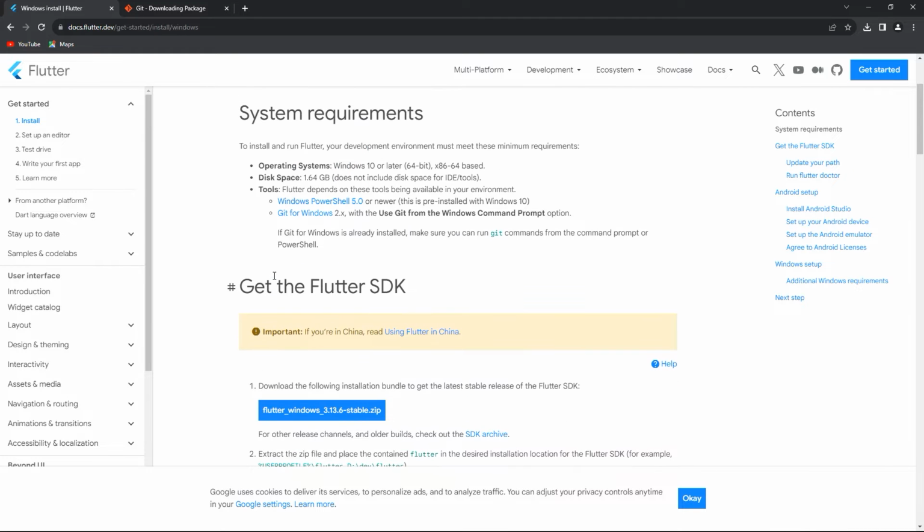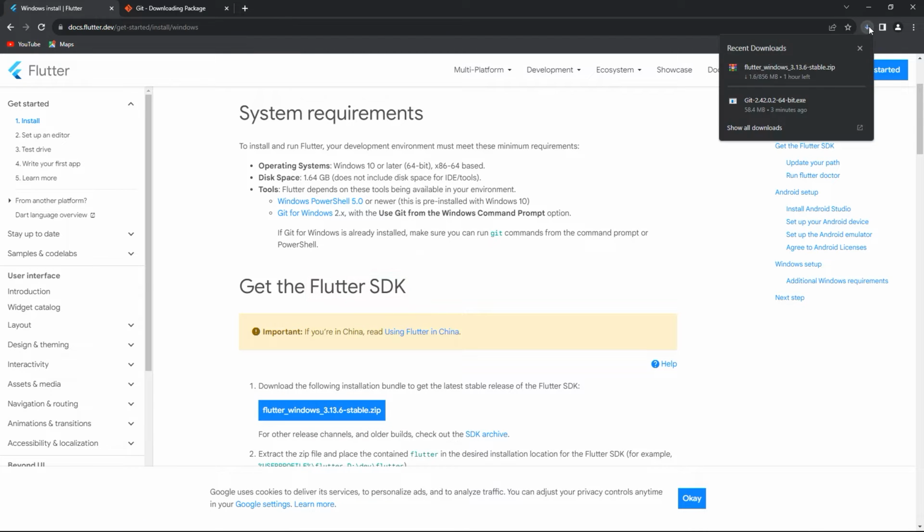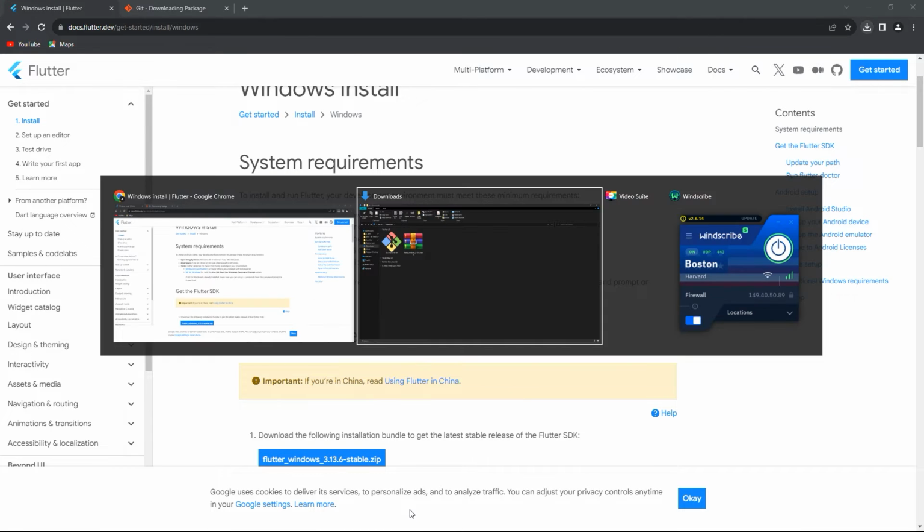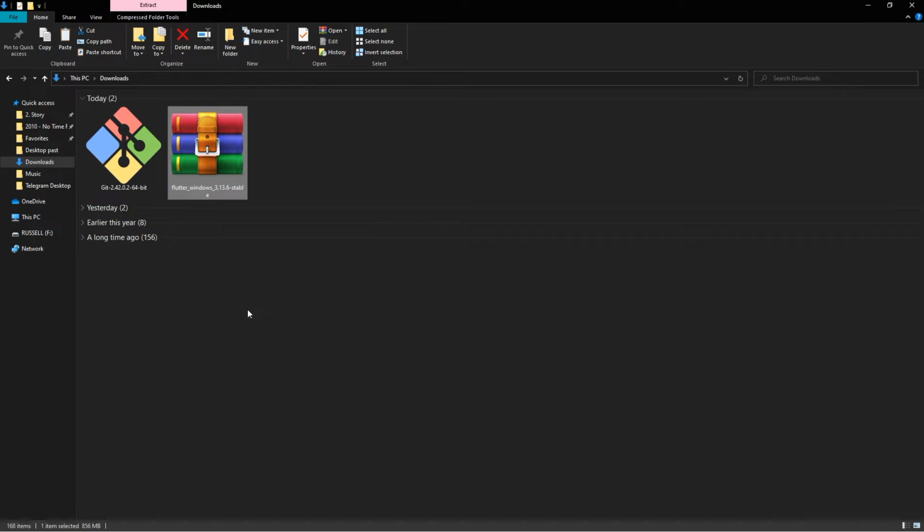The next step, and this is a very important step, we're going to download Flutter Windows 3.13 stable.zip. This is the Flutter SDK. So Flutter works with this file. And we wait for it to download. Okay, now that our Flutter SDK file is downloaded successfully, we're going to go to our downloads, copy the file,